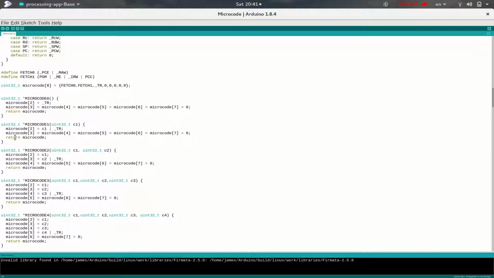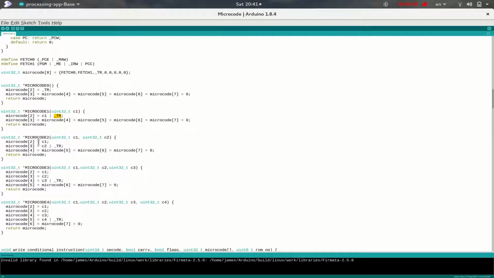And once again, all of the other codes will actually never use them, so we set them to 0 here, but really the value is irrelevant because we'll never reach that point since we're resetting the timer at this point. And similarly, we can define instructions which might take 2 microcode cycles apart from the fetch cycle. So once again, we start inserting our first custom signal word at position 2, and then the second custom signal word, which is an input to the function, will go to position 3 here,